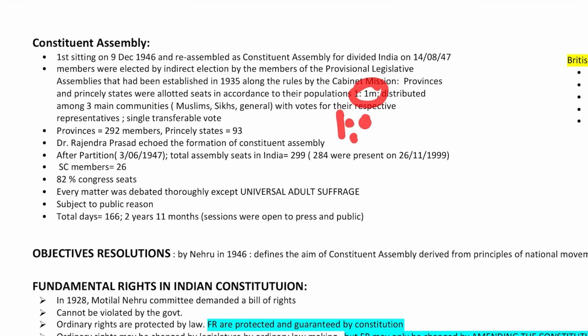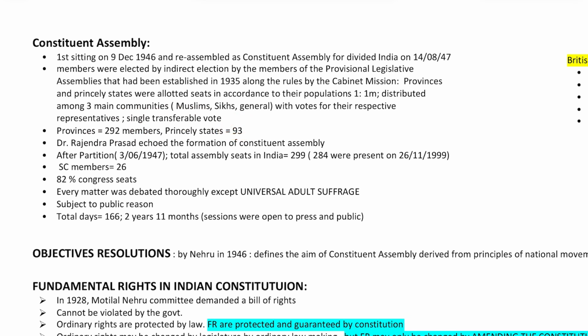1 per 1 million, 1 per 10 lakh basically, distributed among three main communities which were Muslims, Sikhs and general, with votes for their respective representatives and single transferable votes. One vote, one value. So the provinces had 292 members